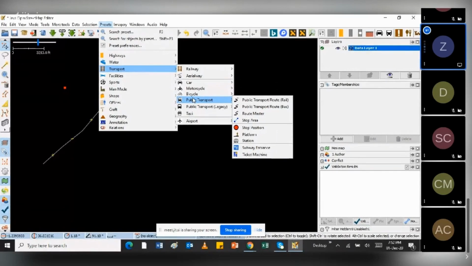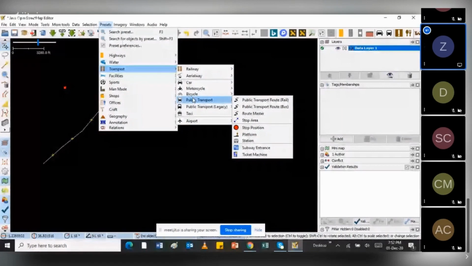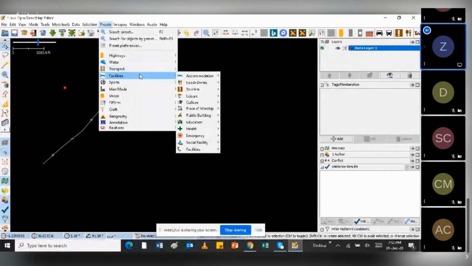So there are different tags you can use. The only disadvantage is that this process is a bit manual, as I mentioned, compared to iD where I can just easily add the point and then do a search and it automatically brings you the specific tag. So for this case, I'll go to facility, then scroll aside and move to education, because that's where tags for school are.